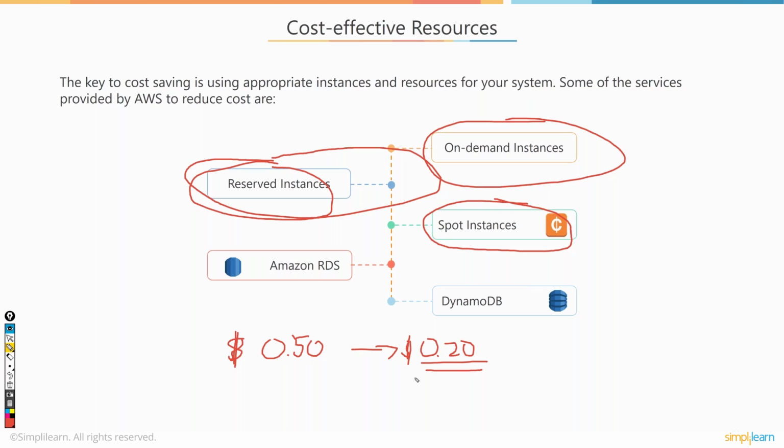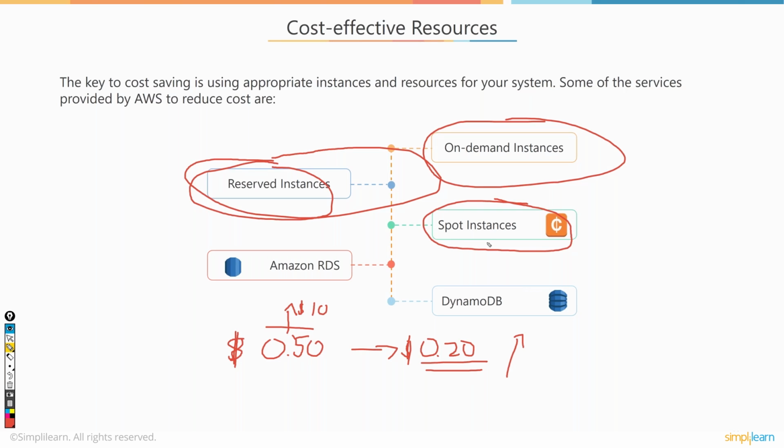And that happens very often. You have a Christmas sale, you have a Black Friday, and suddenly all the unused resources that AWS had spike up because everyone wants to use AWS like crazy. So what happens is suddenly the cost of this particular instance goes up, and in most cases even goes beyond the on-demand price. Sometimes we've seen the instance go all the way to like $10 an hour, so it's 20 times more expensive. So you need to be